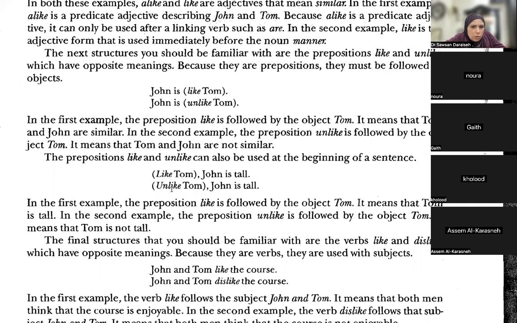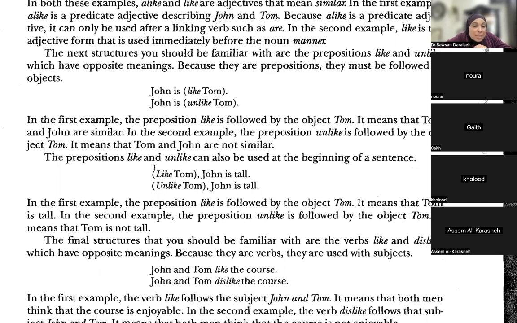John is tall. Okay, so look guys, that means that Tom and John are not as tall as each other, and that John is tall. Here they are probably both tall, not necessarily the same height, مش بالضرورة نفس الطول, بس اثنيناتهم ما شاء الله طوال. When we say like Tom, John is tall, all right? لكن هذا شبهنا بهذا, you see? All right? Yeah. In the first example, guys, like Tom, John is tall, the preposition like, هذا preposition هون جاي